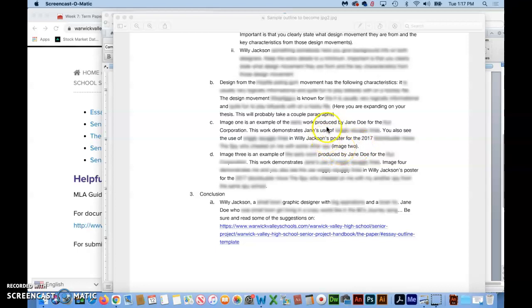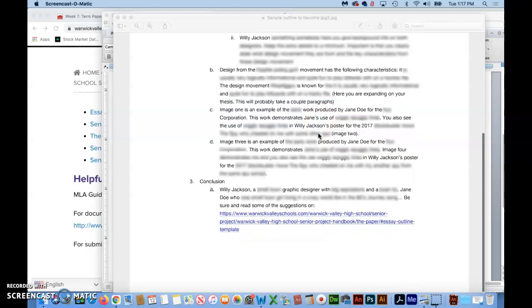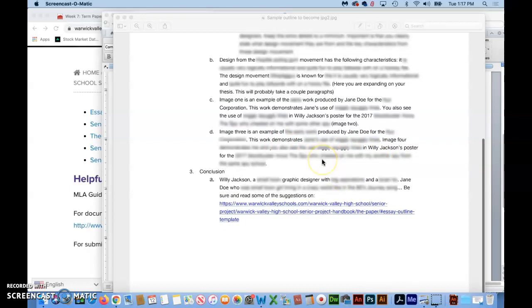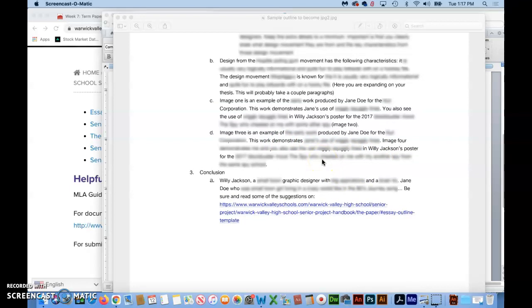So now you're starting to prove your thesis to us visually. And then you can move on to another paragraph where you show us yet another image of Jane Doe, and then another image by Willie Jackson, and you say, aha, see, even though they're from different design movements, look at these similarities, right? That's what this paper is about.